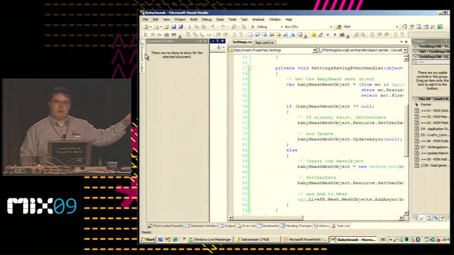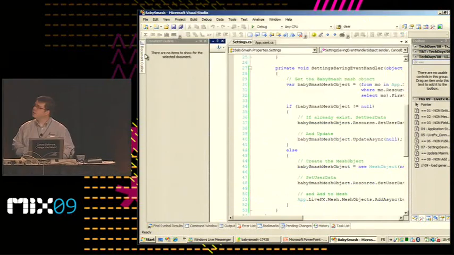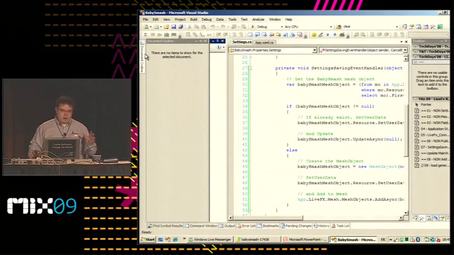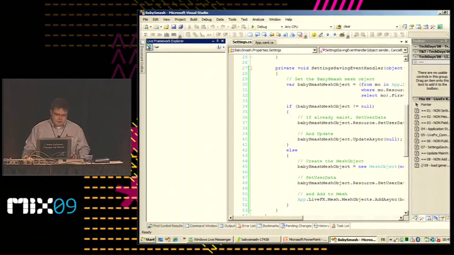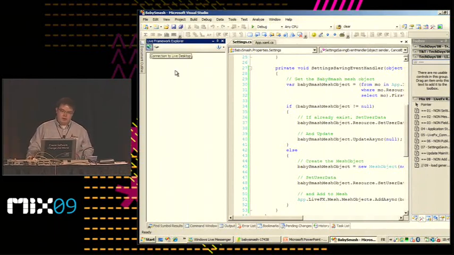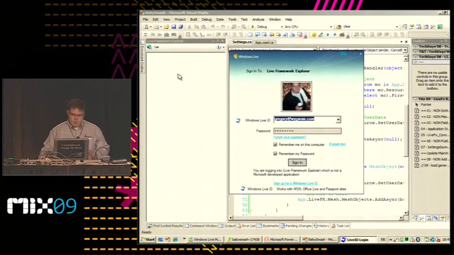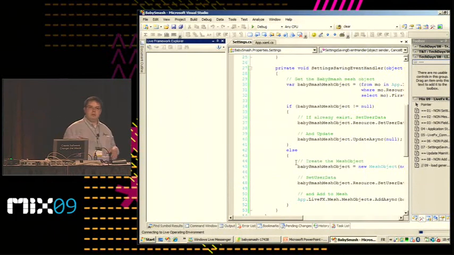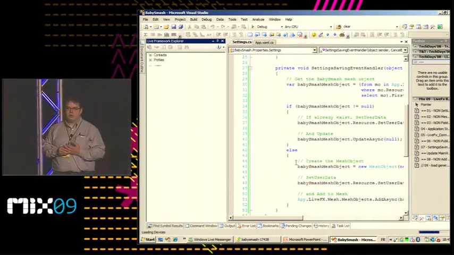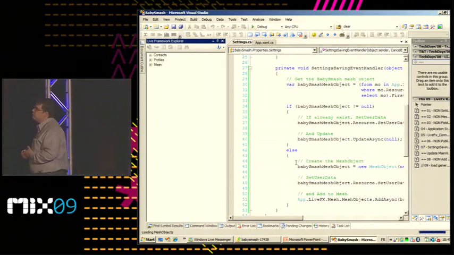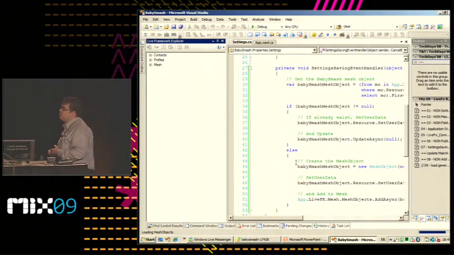As you can see on the left of my Visual Studio, I now have a new form, and I can connect my Live Framework Explorer directly to my cloud, and I find all information of data in my cloud directly in my Visual Studio 2008. It's very easy to use this new tool.